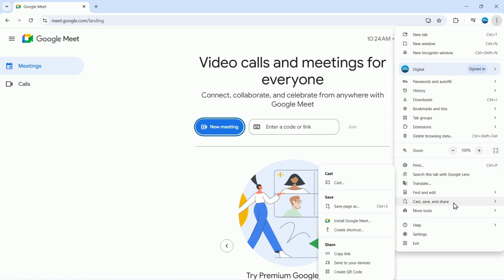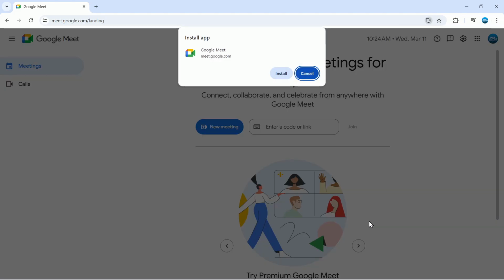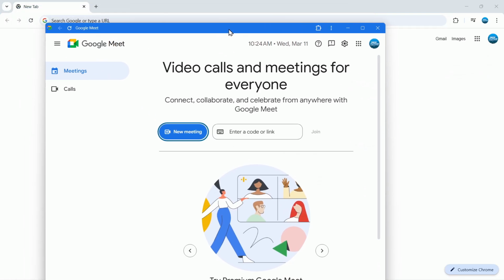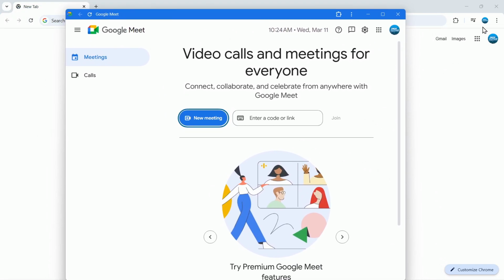Now, when you do this, you're going to see a sub menu come up, and you're going to see there's an option here to install Google Meet. Give it a click, and that's going to open up a window at the top where, as you can see, it says install app Google Meet. Click the install button, and what it's going to do is install this as an app on your Windows PC